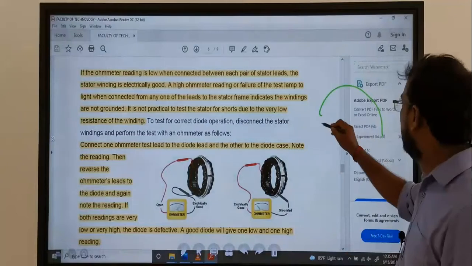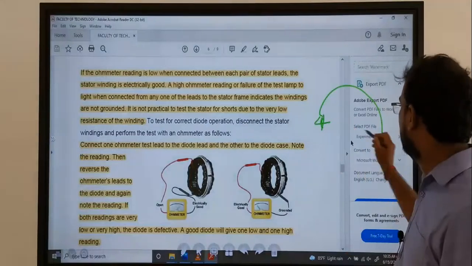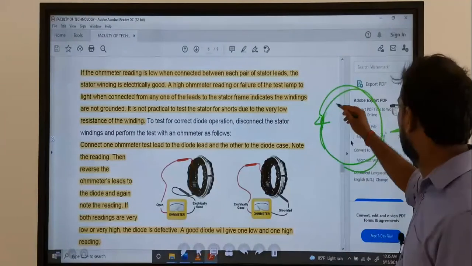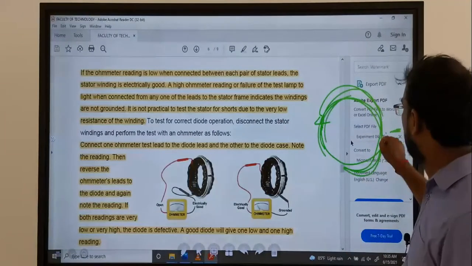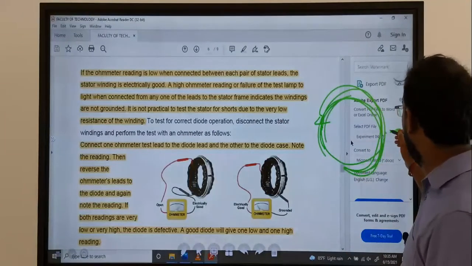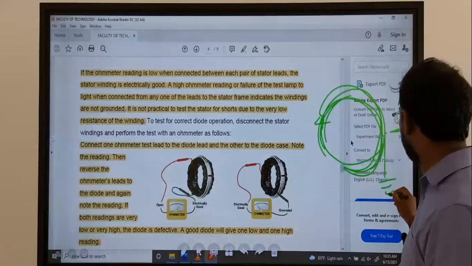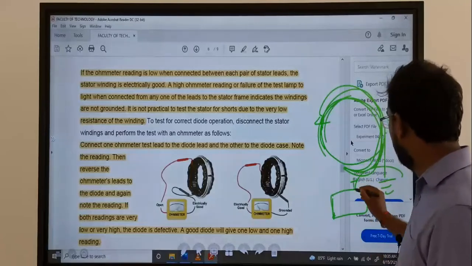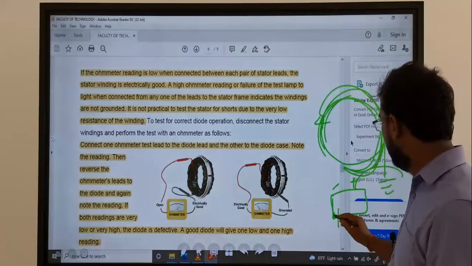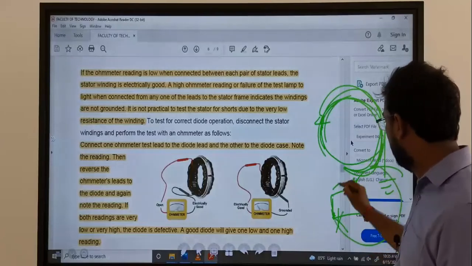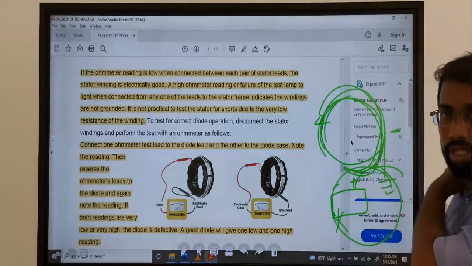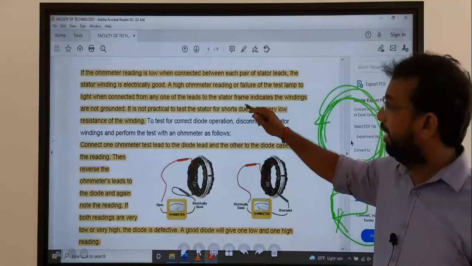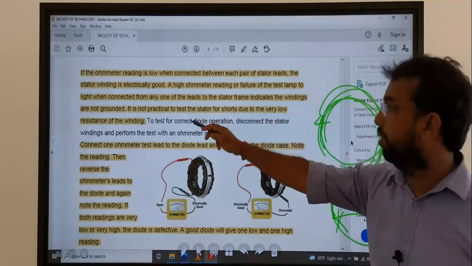Like this, this is plus, somewhere this is a minus. Rotate like this, but here it is not going to the ground. What will happen? In the battery, for example, we only give the plus, and the minus is not going to ground. The path is not complete. That's called open. So here the resistance is high, that's an open circuit, so it is not grounded.